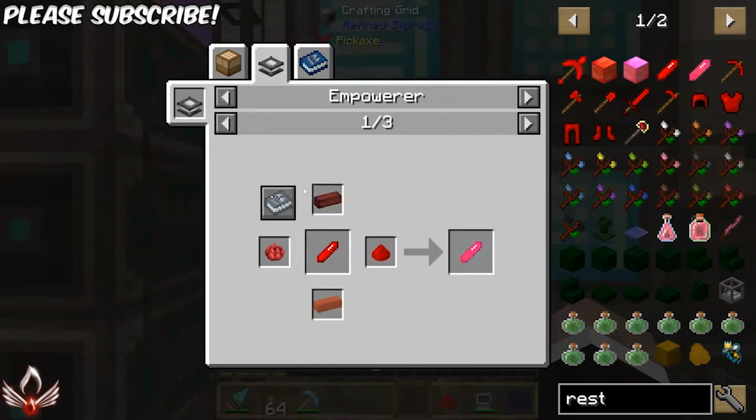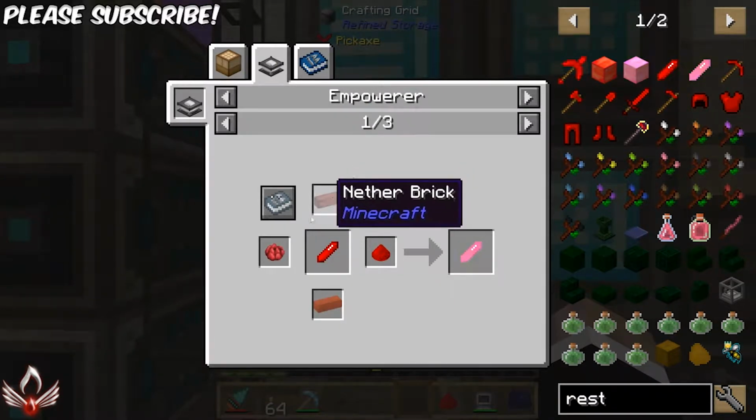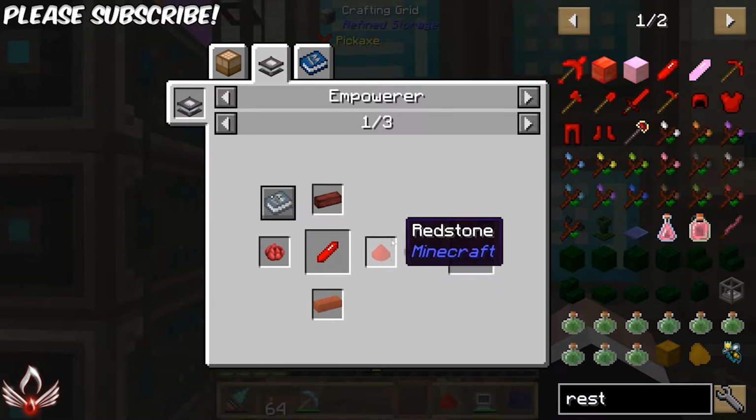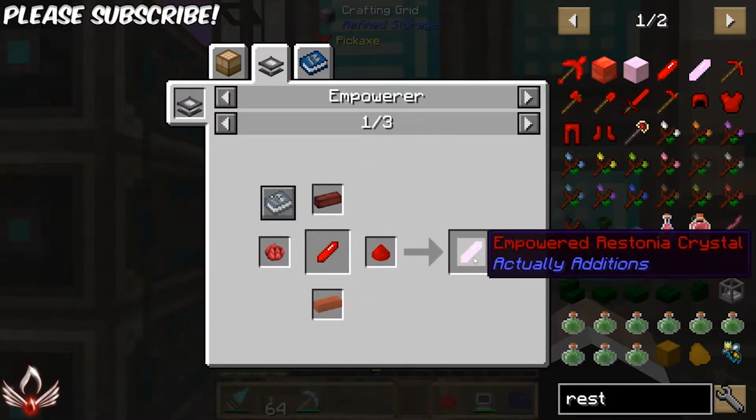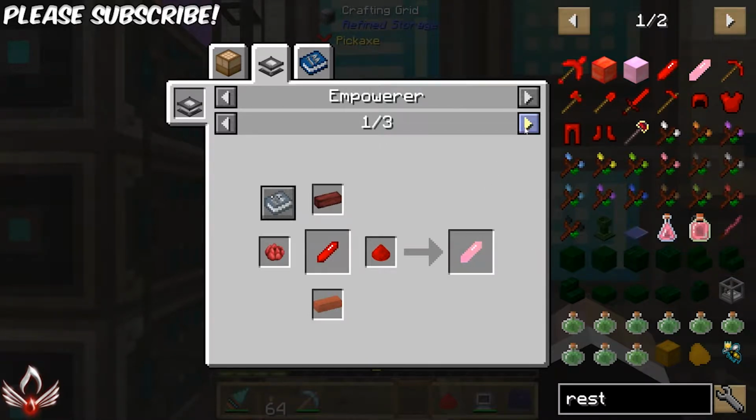And I'll show you exactly what I mean by that. We are going to use 1 brick, 1 nether brick, 1 red dye, and 1 redstone in that pattern with a redstonia crystal to produce 1 empowered redstonia crystal. However,